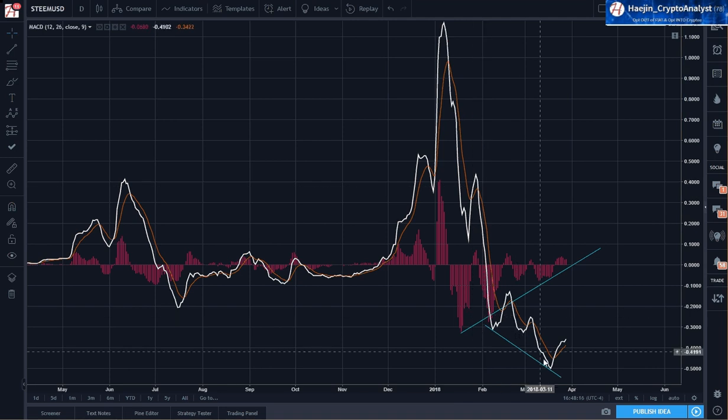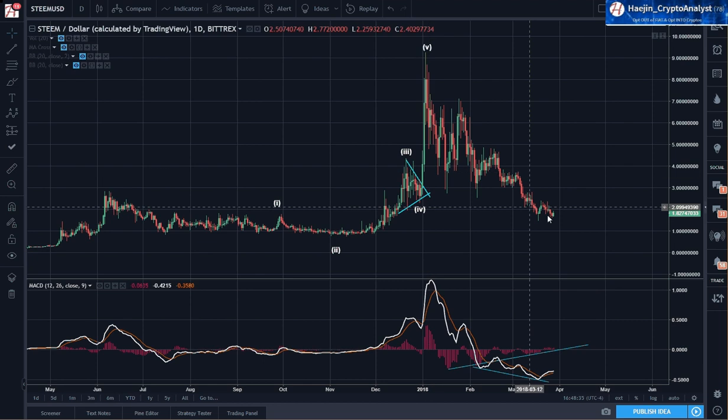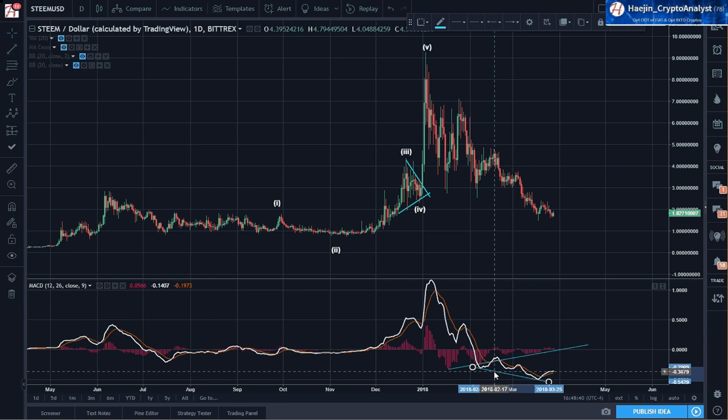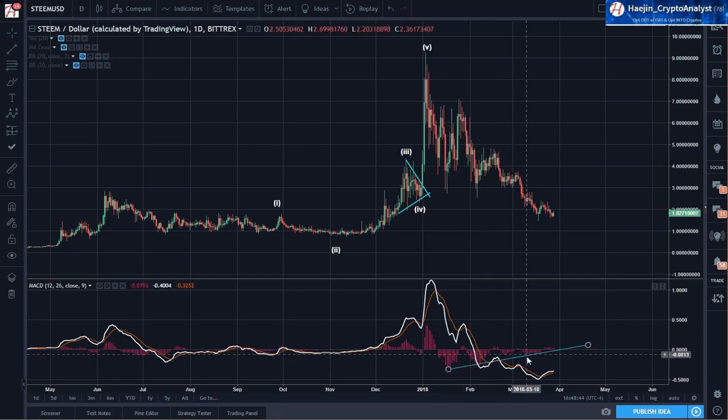It's like trying to break two pieces of stick and then trying to break that in half again, and again, and then trying to break that tiny piece in half. It's got a limitation. So yes, while the price has been generating lower lows as well, the 9-day indicator has been quietly putting in higher lows. And this 9-day indicator is going against the trend of the price and the 12 and 26-day indicator.